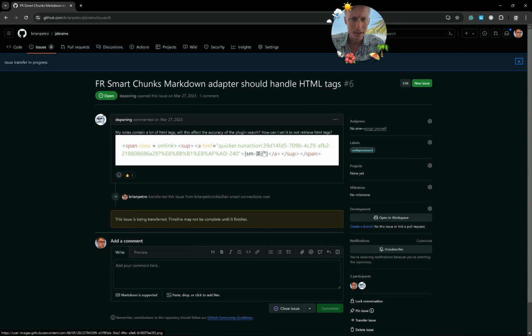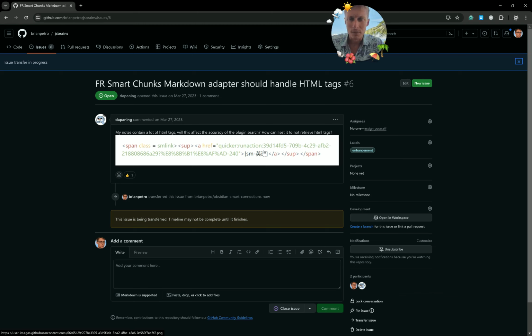So, I can imagine the way this will be handled is we can specify some different HTML tags that should be included, and then some HTML tags that should not be included. I think it's very likely that people's use of HTML tags varies widely across Obsidian vaults, so having that control would be a good idea. And at very minimum, I think it would make a lot of sense to reformat any HTML tags into a